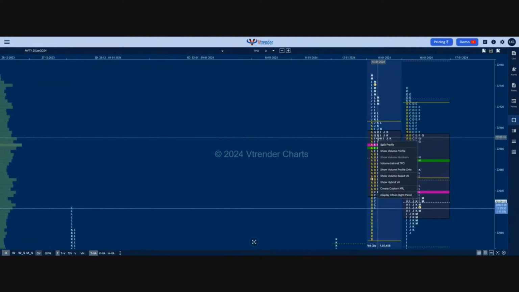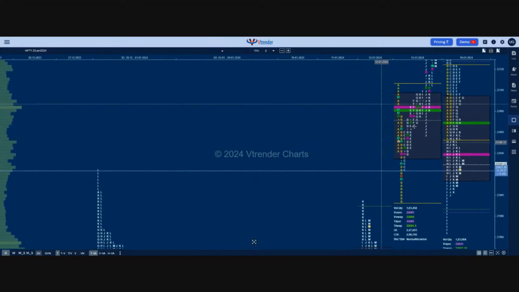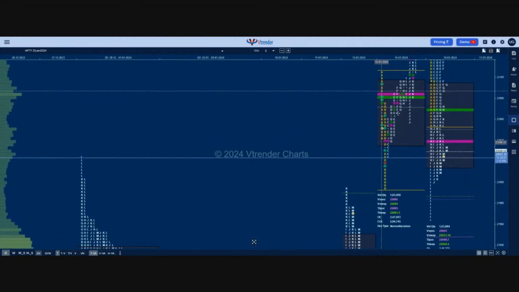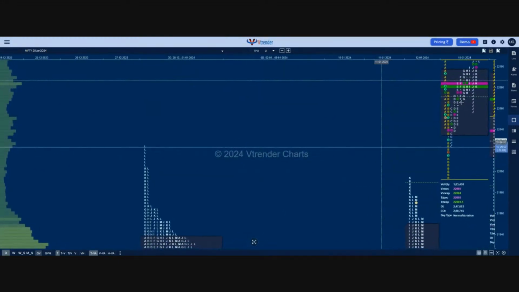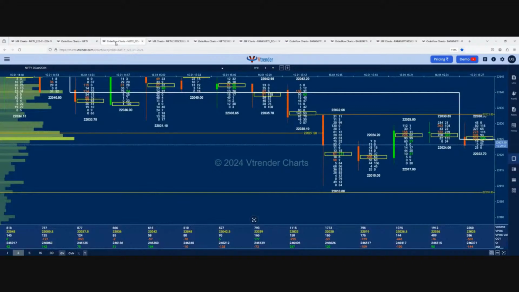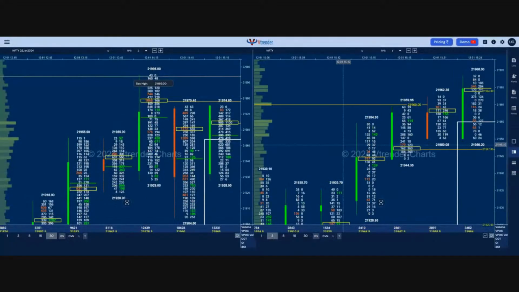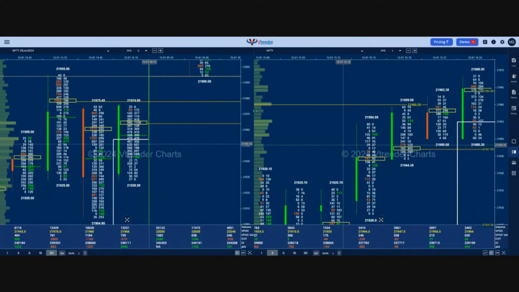I will come now to the setup which was there on the 15th. So 15th we opened higher. It was a higher open, and it was kind of the imbalance which we saw at the close the previous day. It went on to continue that. So I'll come to the order flow chart of 15th,